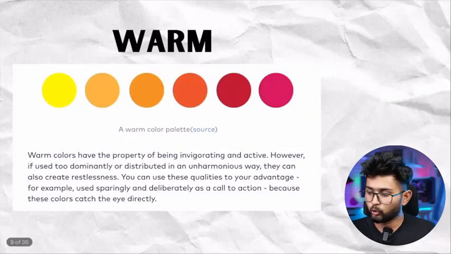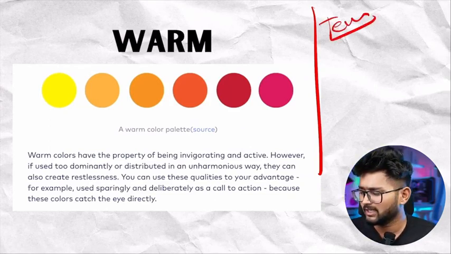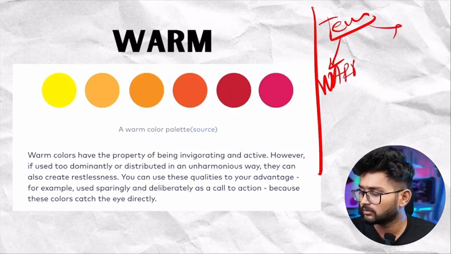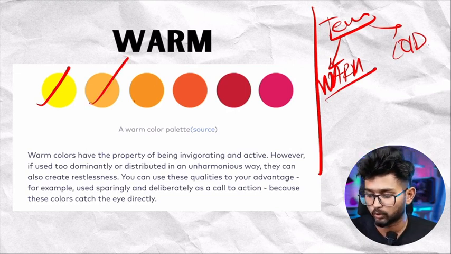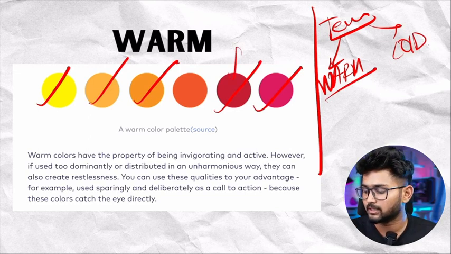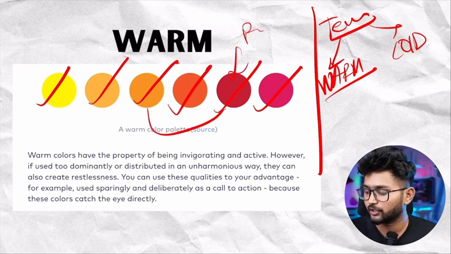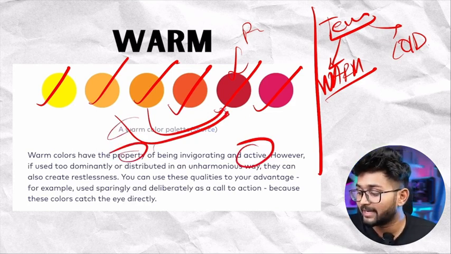First thing, there are 2 types of things. For example, if you just take temperature, or whatever you want to call it, we have warm text and then we have cold text, right? For example, whatever is warm: yellow, orange, a bit of gray or darker orange. Then we have pink, then we have red. This is actually brick red in color, but yeah. And then we have a blend between the orange and red. So all these warm colors have a property of being active,